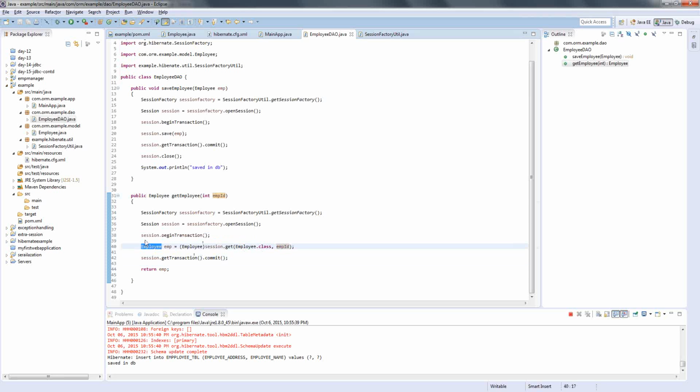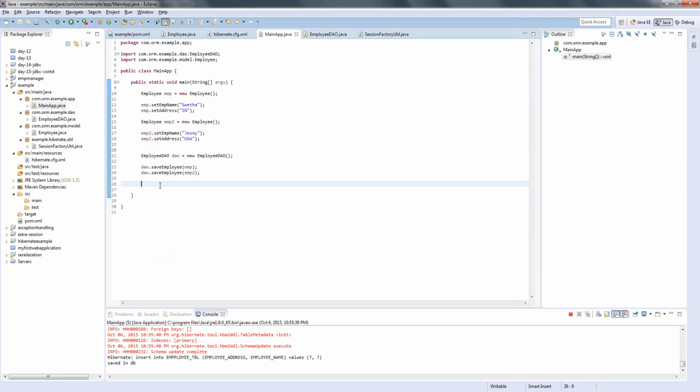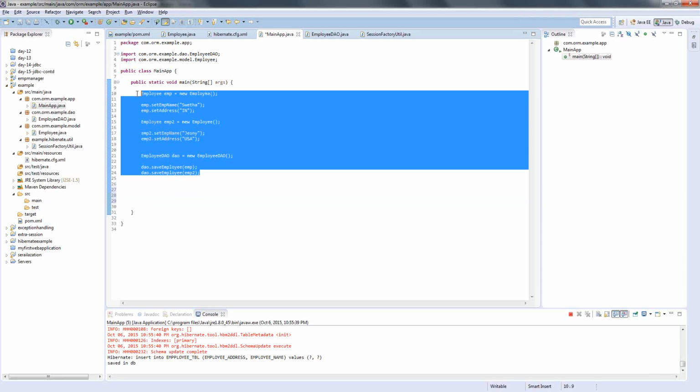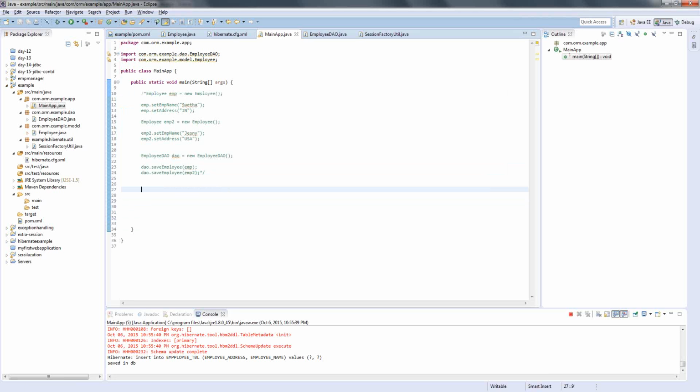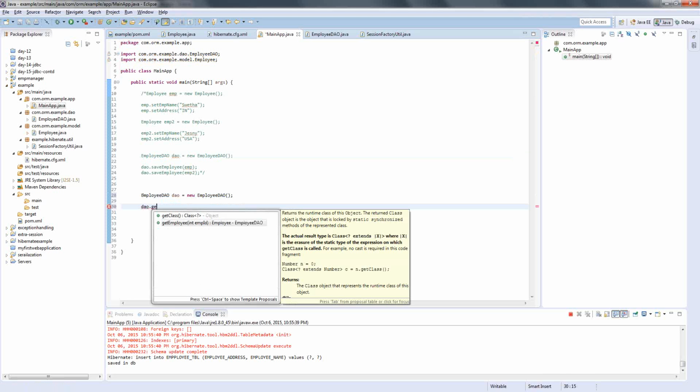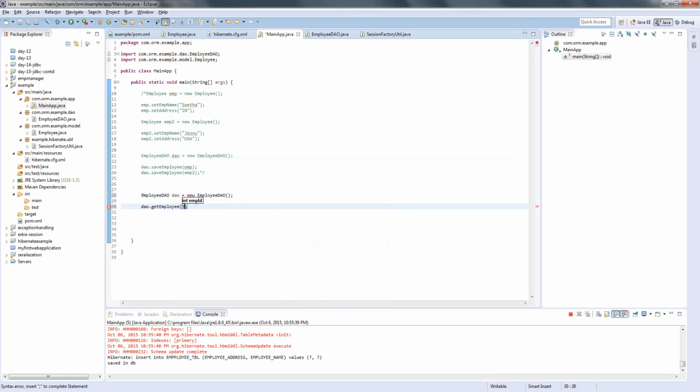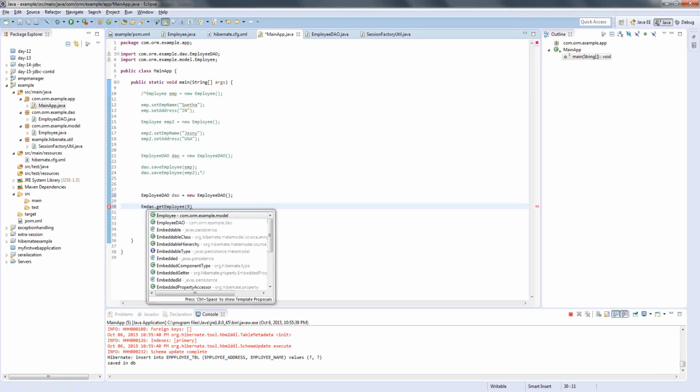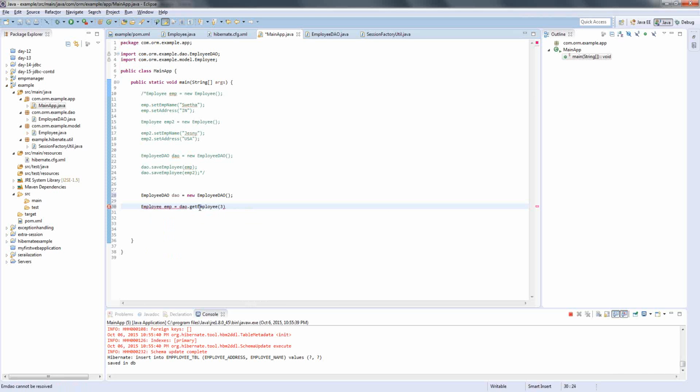It'll directly give you the employee object. From the main, I'll just comment out this code now because I will not be inserting anymore. I'll just need to get the employee data. So I'll simply write employee DAO, and write DAO dot get employee ID. We'll write something like 3, and it will return me the employee object with the employee ID 3, and I can simply show the data, whatever data I am getting